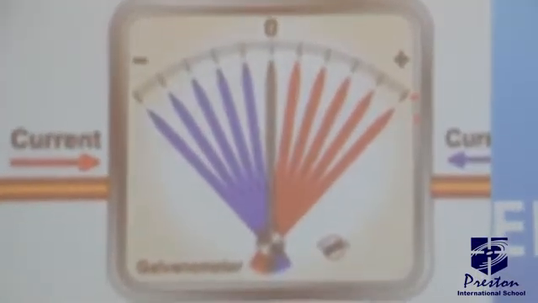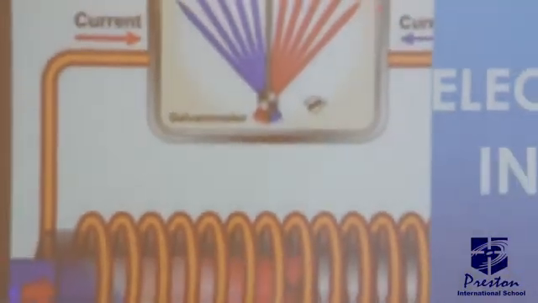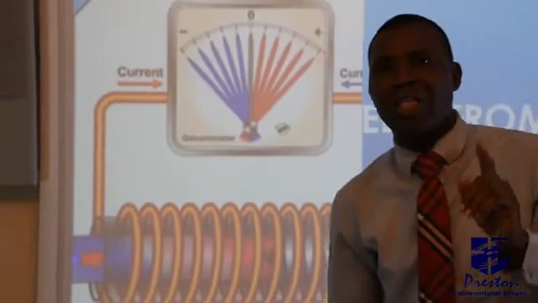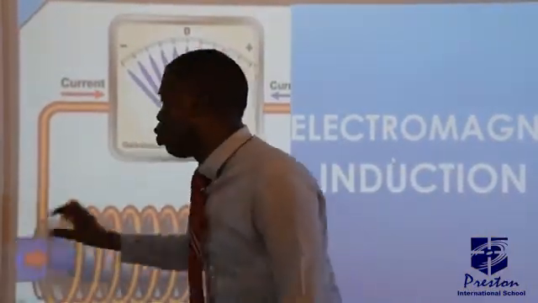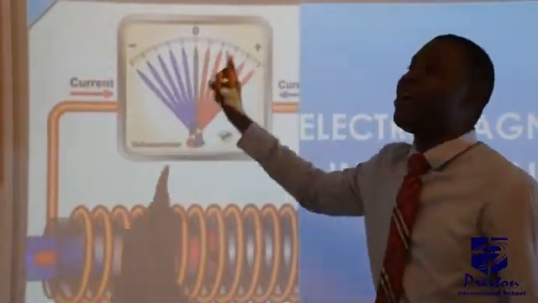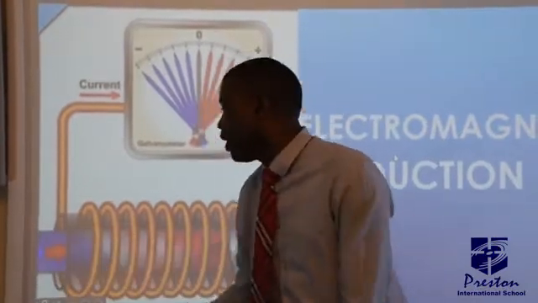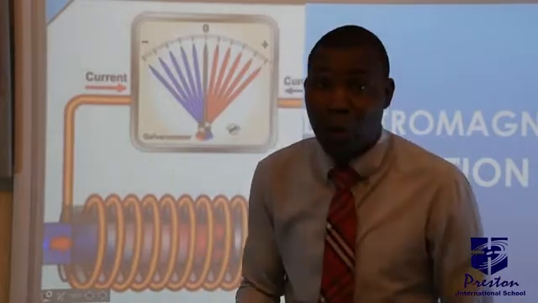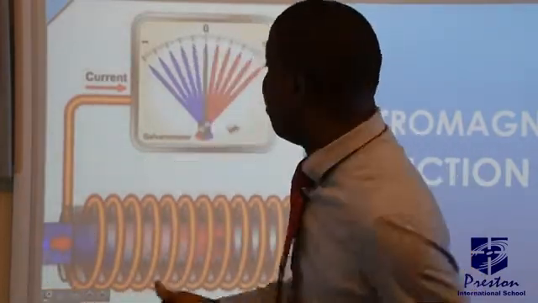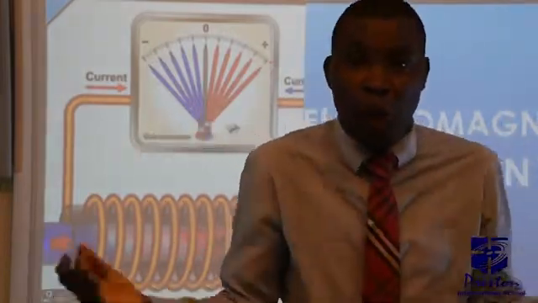We observe that if this magnet is stationary, if it's not moving, even though it is inside this conductor, we notice that the galvanometer will remain. Don't forget the galvanometer, its job is to detect current or detect voltage. But if we move this magnet, we notice that the galvanometer will deflect, depending on the direction the magnet moves. Please take note, you can also move the conductor or move the coil itself. The key thing is that both of them are moving relatively to each other.